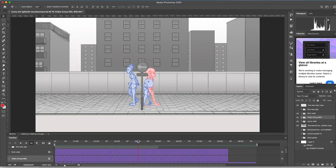I started animating Lenny's walk, and I was so happy with that, and then I ended up animating this mum's walk, but I didn't animate the little kid yet, because it was just too long. I reckon if I'm gonna animate all of these characters, it's gonna take long, and I couldn't even do the woman's walk justice. I didn't work out all the poses correctly, but at least it gives me a sort of sketch